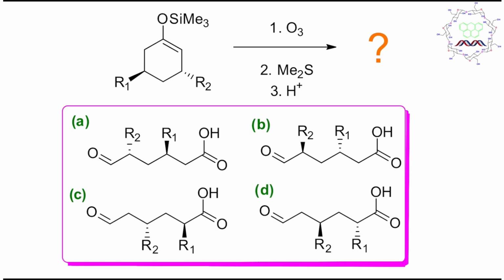Just look at this molecule. And what are the reagents? First ozone, then dimethyl sulfide, third H+. If you look at reaction conditions 1 and 2, this is nothing but a condition for ozonolysis. And in ozonolysis, here an alkene is given, or more specifically, an activated alkene. Why? Because there is an oxygen atom attached directly to this pi bond,